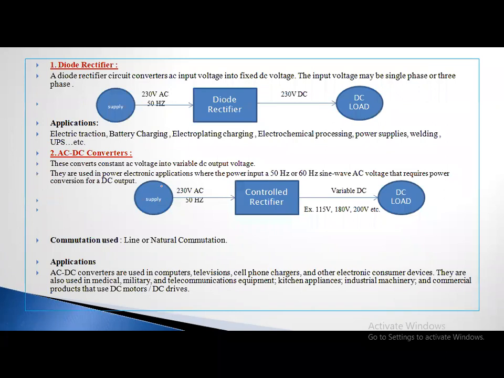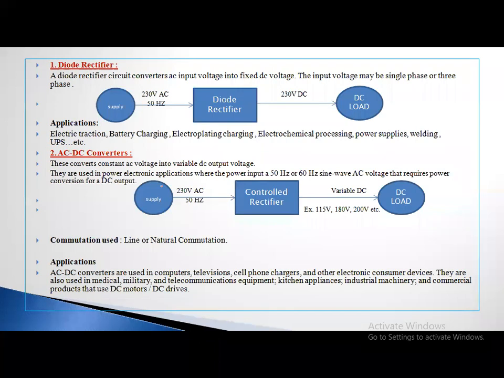Next one, what is the function of the diode rectifier? It's a very important question for your oral examination. First and foremost thing, if any external examiner or in any interview, in placement, they will ask the question: what is the function of diode rectifier? They can ask the question or not? What is the function of the phase control rectifier? What is the function of the inverter? What is the function of the chopper? What is the function of AC to AC voltage controller? Question पूछ सकते हैं ना? Definitely they will ask the questions in oral examination as well as in interview.